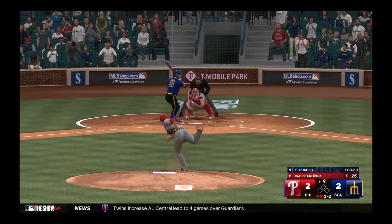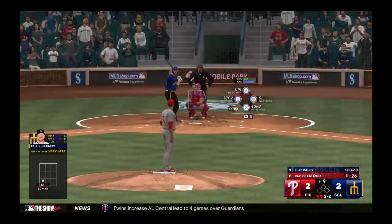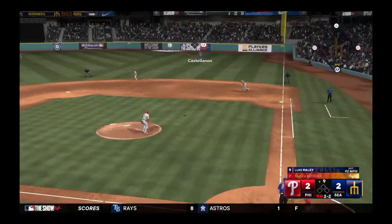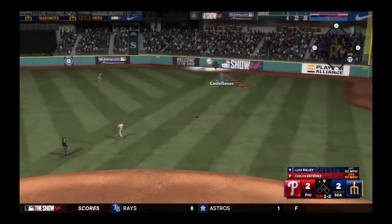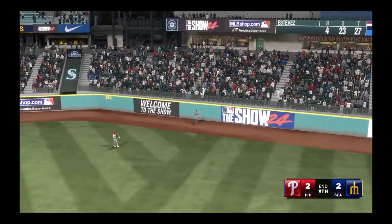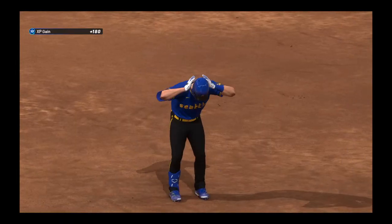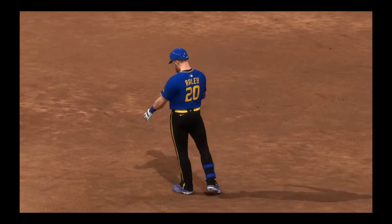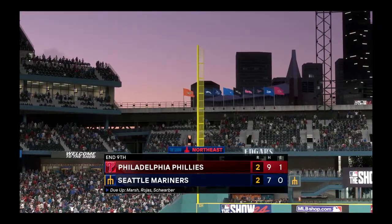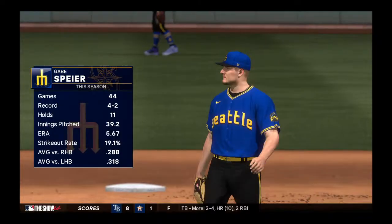Trying to send this to extra innings. Foul ball, another 2-2 upcoming. And the pitch. In the air, right field, pretty well struck. Castellanos ranging back. Makes the catch up against the wall. Nothing doing for the offense that time. 9 isn't enough to decide a winner, so we are off to extra innings. We are tied 2-2. Gabe Spire comes on now. Bringing in the lefty with